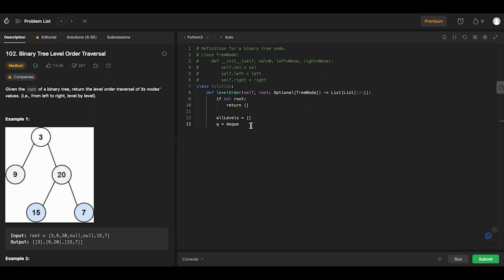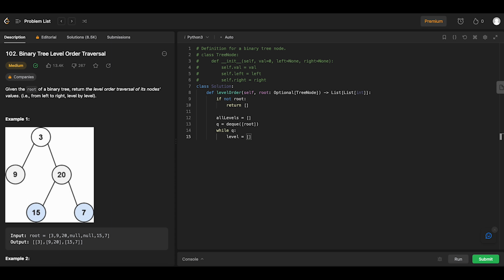So we create this dq and we add root to it. Now we will open up our while loop. So while q is true, meaning while it has a length that is not 0,